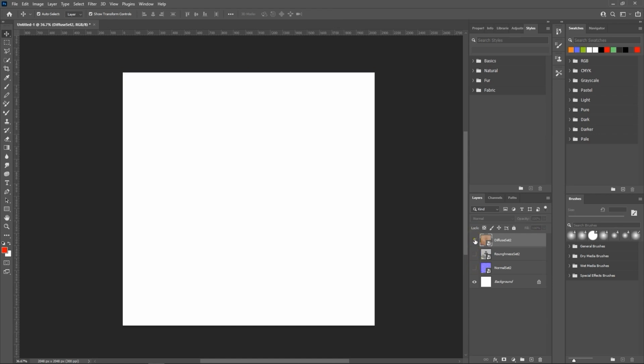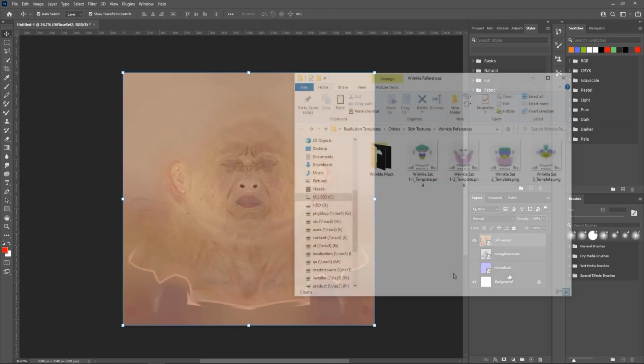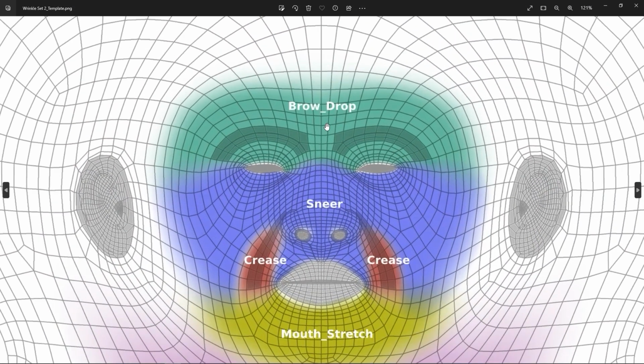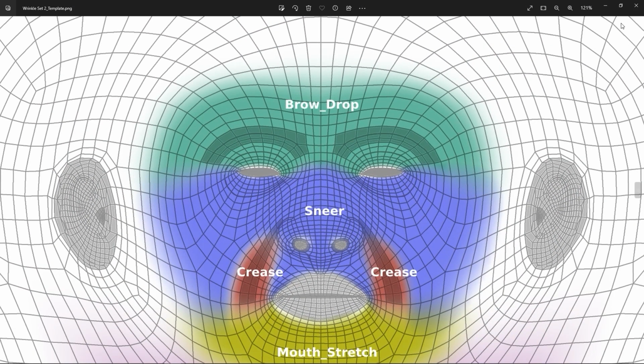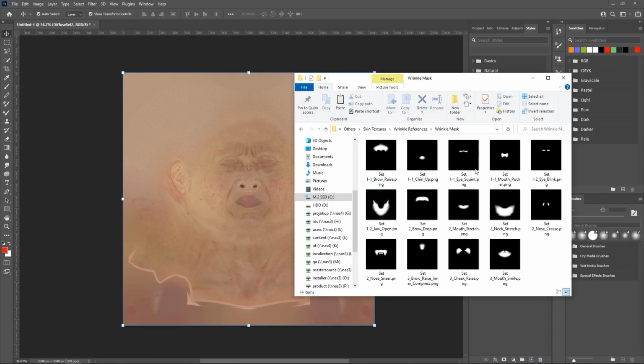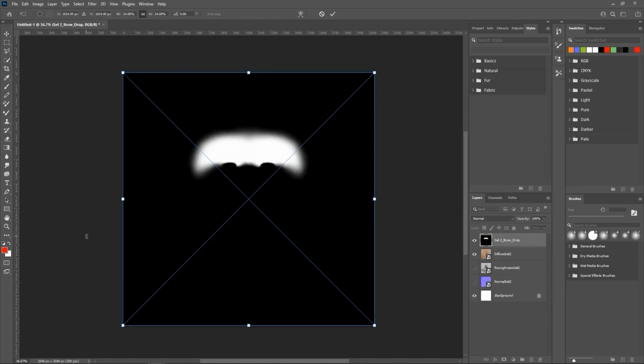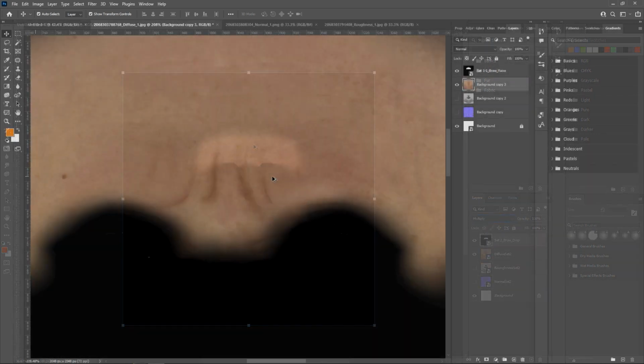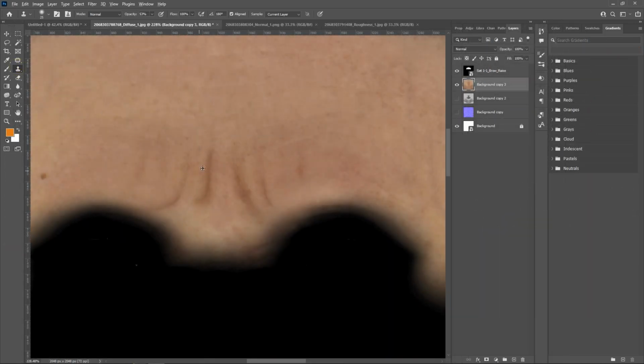You can then refer to the wrinkle set 2 reference image to determine that the specific region that we need to edit is called brow_drop. So let's go find the specific wrinkle mask texture for that area and import it in. Once the mask layer is on top, you can switch display mode to multiply to isolate the area that you want to edit, and then go about manually editing the wrinkle map using whatever technique you find the most effective. Please check out our wrinkle editing tutorial series for a much more comprehensive look at how to do that editing.